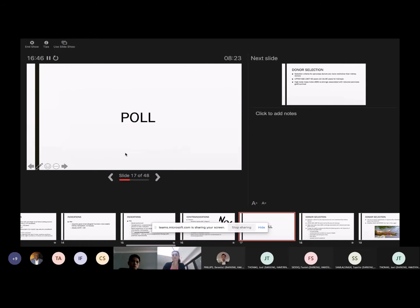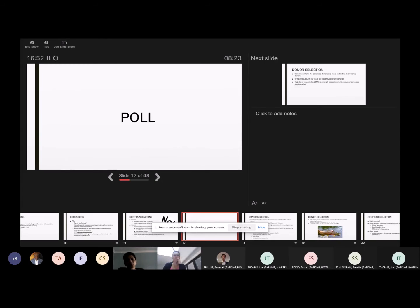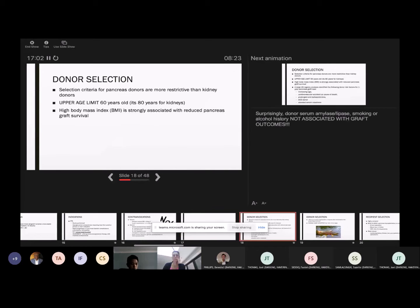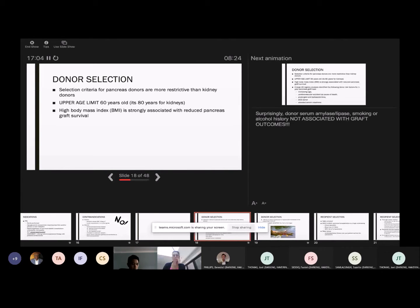Fine. So we've got a poll here. So go ahead and interact with the poll. Successful pancreas transplantation will, and you have a choice of various things to see what you think. In terms of the donor selection, what type of